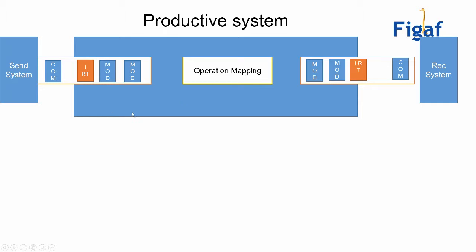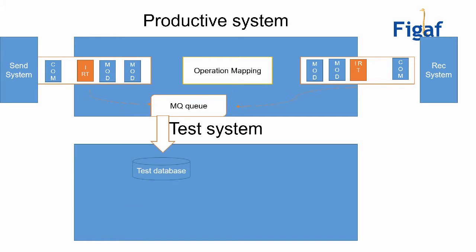So here we have an ICO on our productive system. What happened is that the user selected this ICO. He clicks, I want to add modules to it. He adds the modules to it, and we're getting a module in the beginning of the sending communication channel and at the end of the receiving communication channel. And then he presses that if you want to record these messages, and then this module will see,